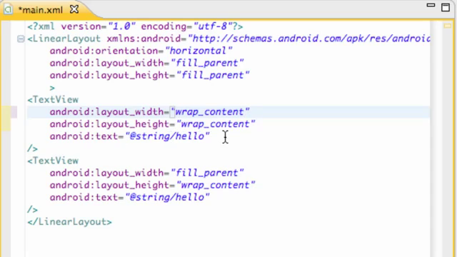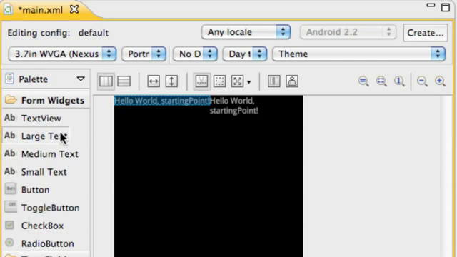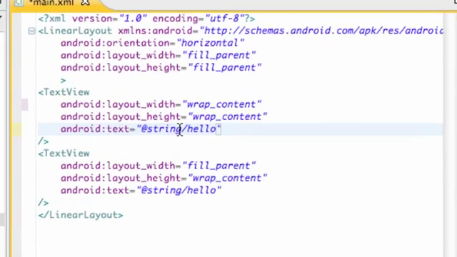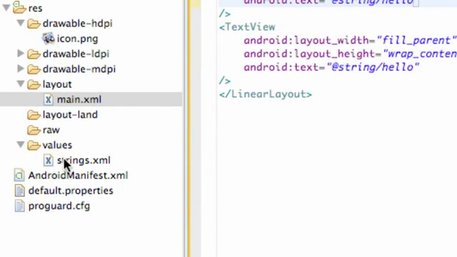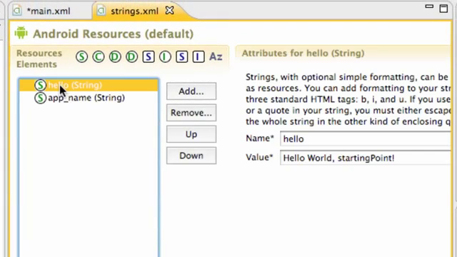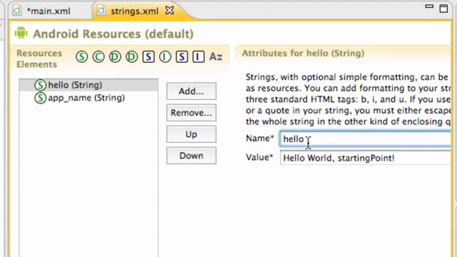Now the text says @string hello, and you're like, no it doesn't, it says hello world starting point. Now basically what's happening is this is using a reference. Anytime you see an @ within the XML, it's using a reference. So it's referencing the string hello, and that string is located within our values. So we have this values and we have this strings. So we're going to say strings, and there's a string called hello. So it's using this reference, and then this is the name of the reference, but it's displaying the value of